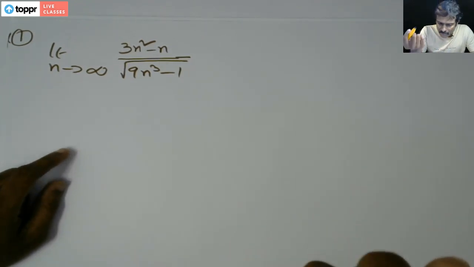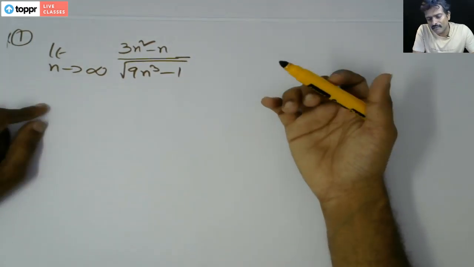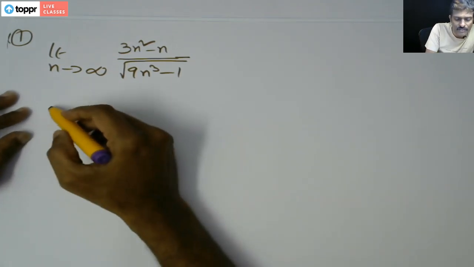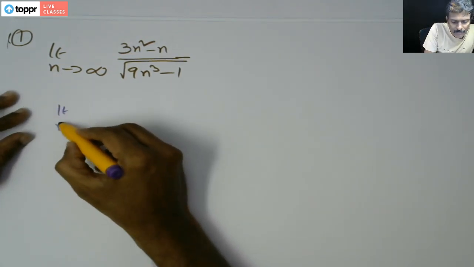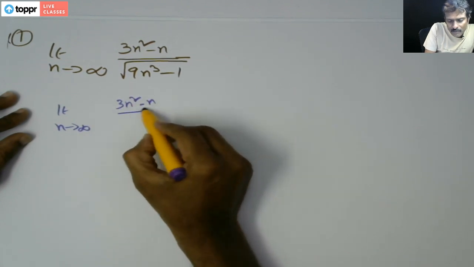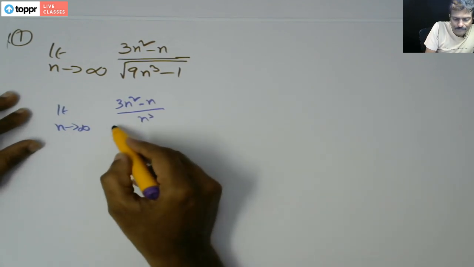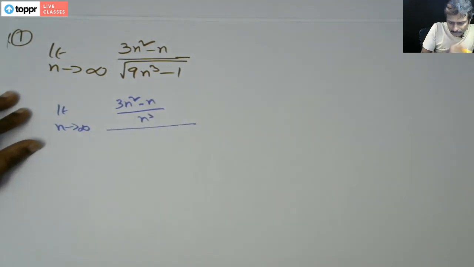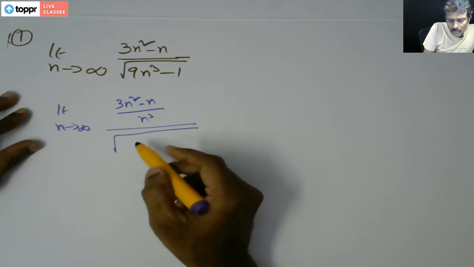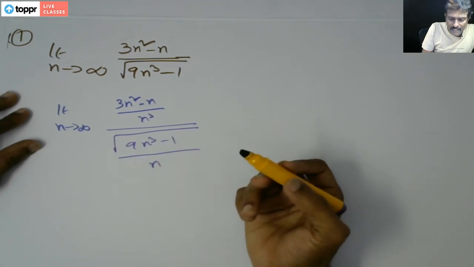You have to divide by the highest power of both numerator and denominator. So this will be limit n tends to infinity. I can divide the numerator by n cube and the denominator by n cube,